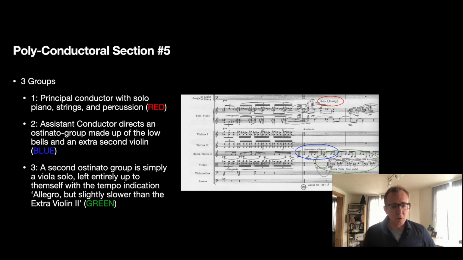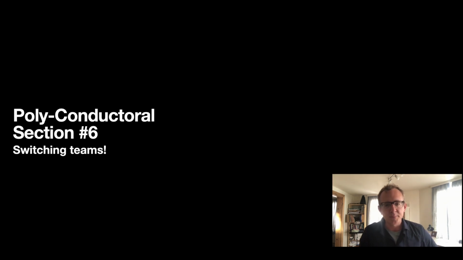The solo viola of group 3 also shares the same amount of freedom that group 2 enjoys. However, the solo pianist will determine the general duration of this section. Its cadenza concludes in the 2nd measure of figure 25, whereupon the principal conductor retakes the lead and signals the start of a tutti section that progresses under their baton.